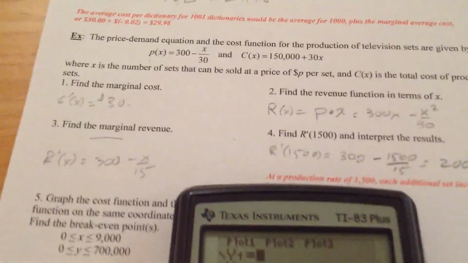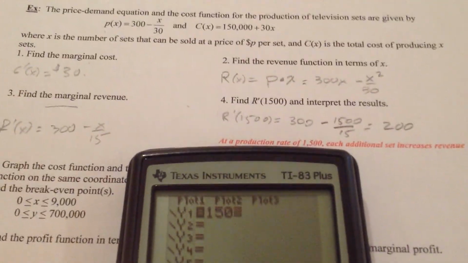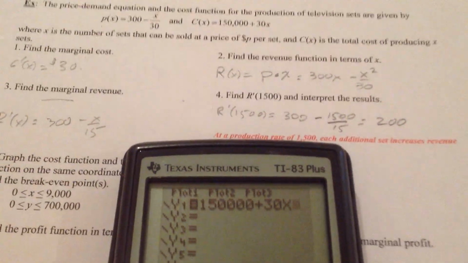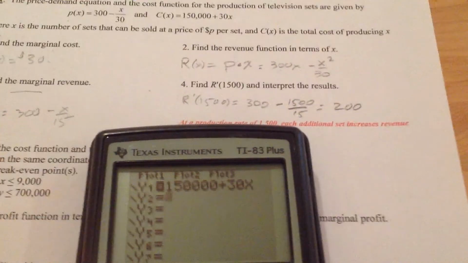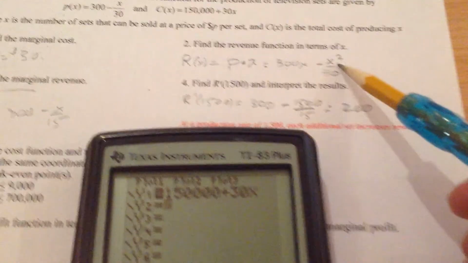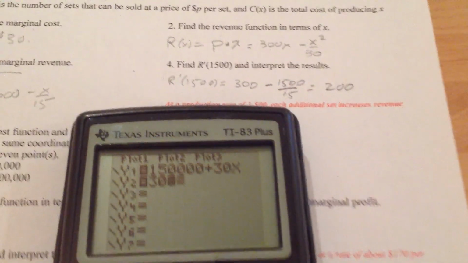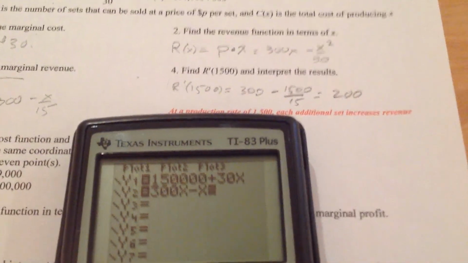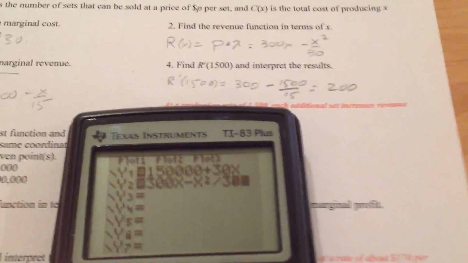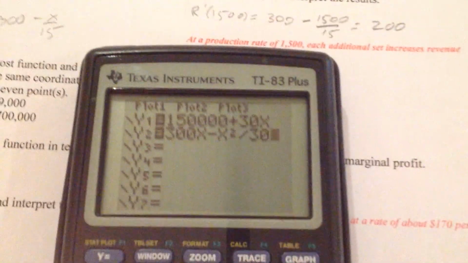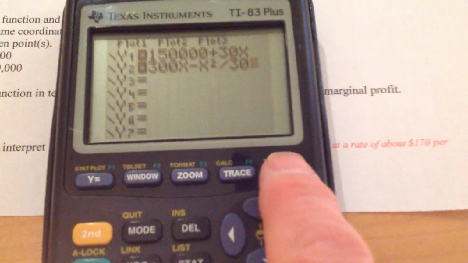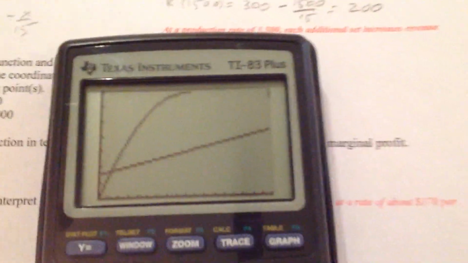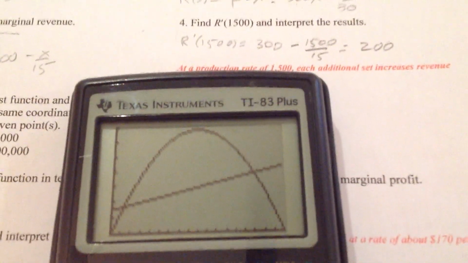And then I need to put my cost function in, which is 150,000 plus 30x. Then I'm going to go down to Y2 and put in the revenue function, which is the one we found right here: 300x minus x squared divided by 30. Then I've already done the window, so if I hit graph, it should show up as my two functions. The curved one is the one that has the